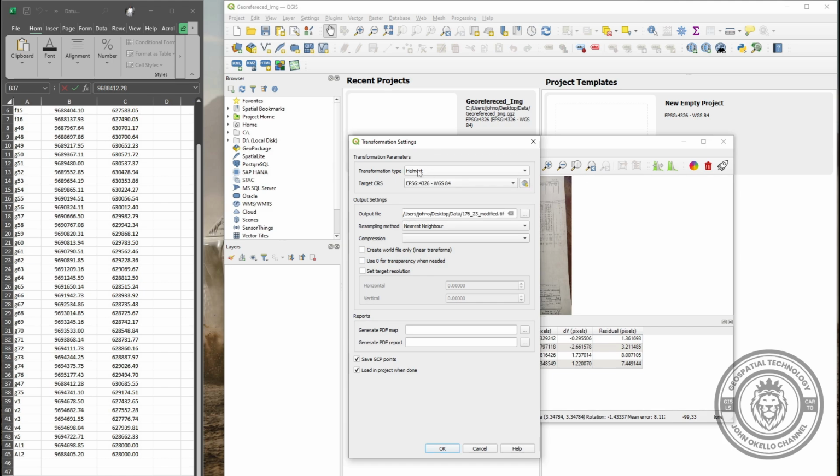I'm selecting this because I know it preserves angle, distance and shape. Before you select any of these, it depends on the purpose of why you want to do the georeferencing. For this case, I'll go for Helmert, and then the target coordinate reference system,